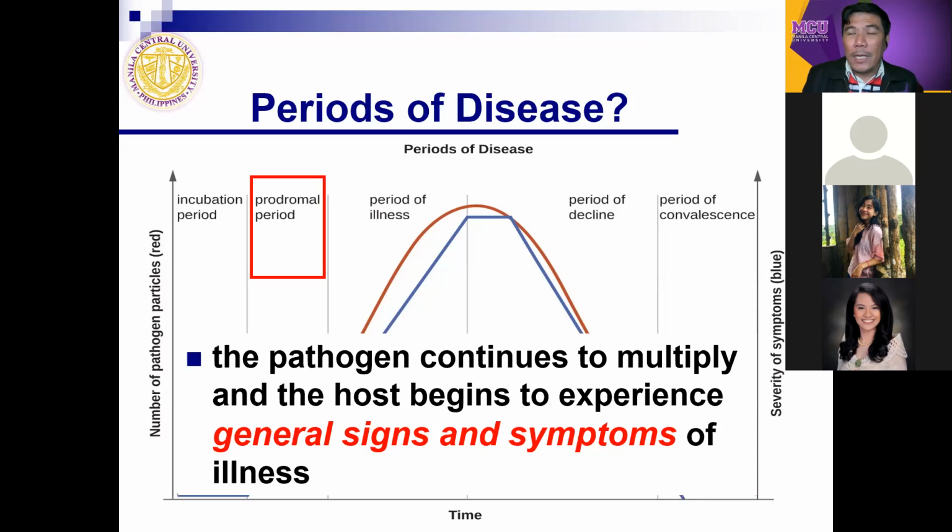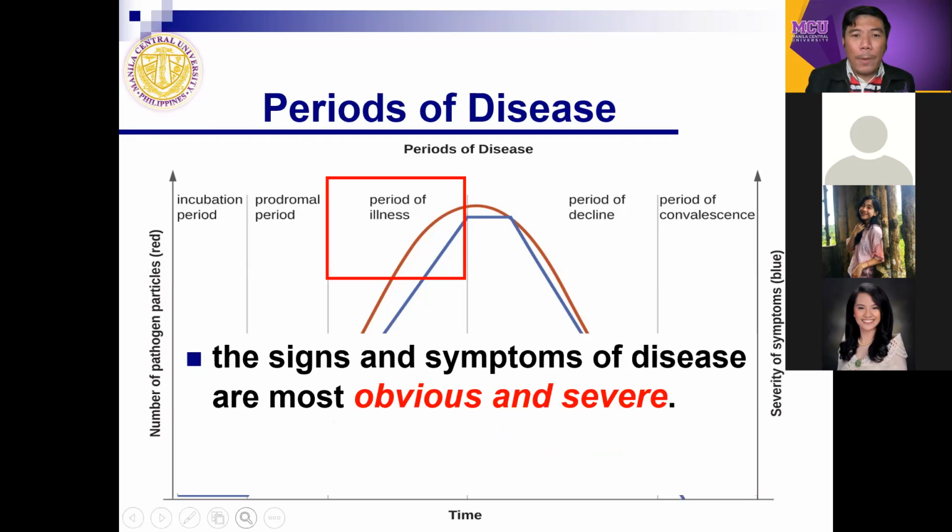then afterwards, especially if the virus is already the one identified as causing the inflammation. So we have already two: inflammation, and the infection. So fever comes out, coughing will be experienced, those are the initial signs. So in those situations, you are already in the prodromal period, wherein general signs and symptoms of the illness appeared. Next, when we talk about the period of illness, the more the pathogens multiply,